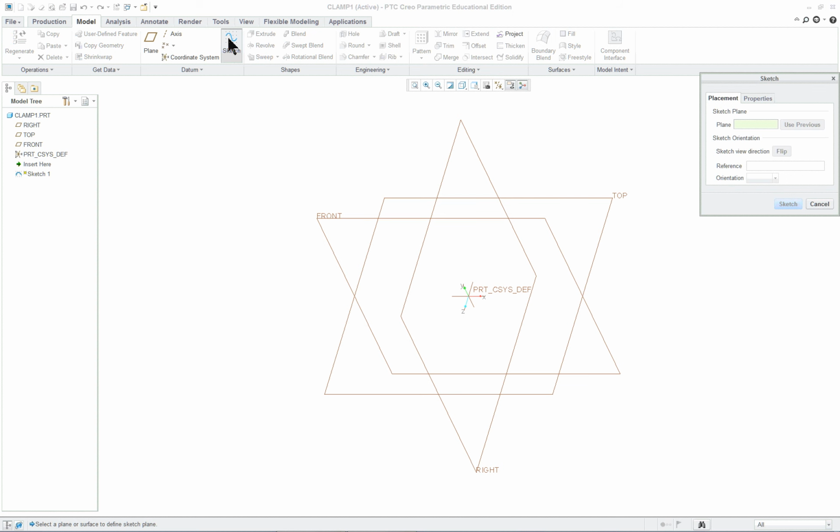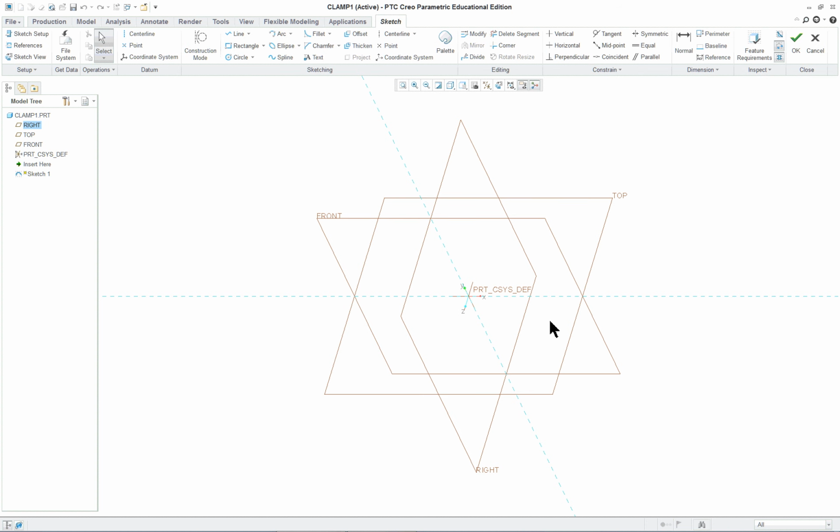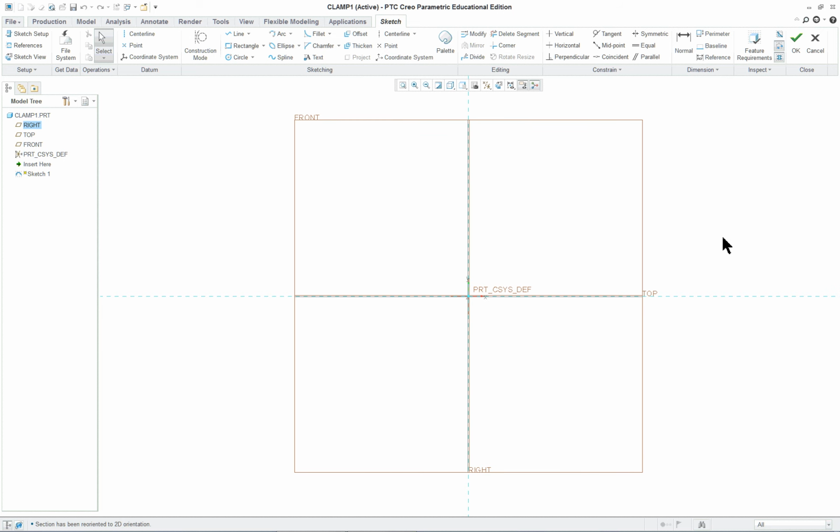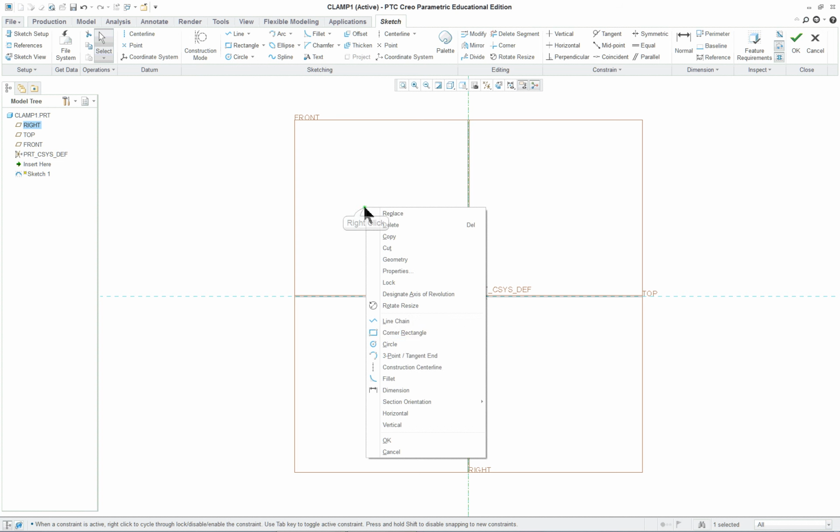So we're going to click on sketch, and we could have pre-selected the front, but we're going to select it now. You can see this is the direction of viewing, and you can click middle mouse button or come all the way over and click on sketch. So this is staying in 3D, and we could sketch here, but let's go up and select the sketch view in 2D. And we'll start off by putting in a construction center line. Right mouse button, construction center line, and put a center line down the middle. Middle mouse button. You can see the icon that comes up, the constraint. Right mouse button,